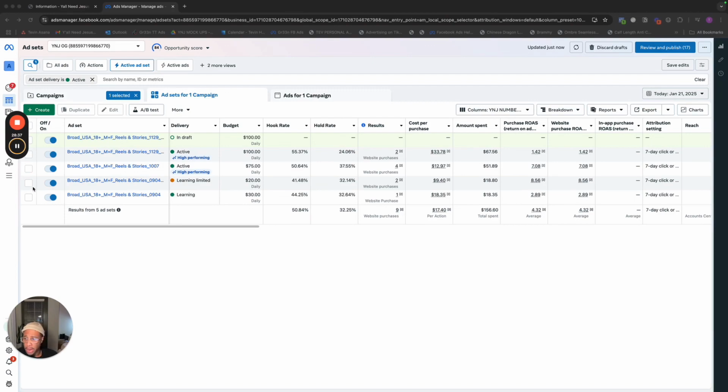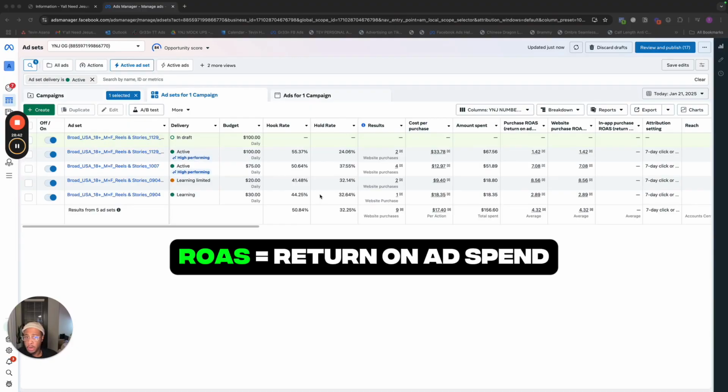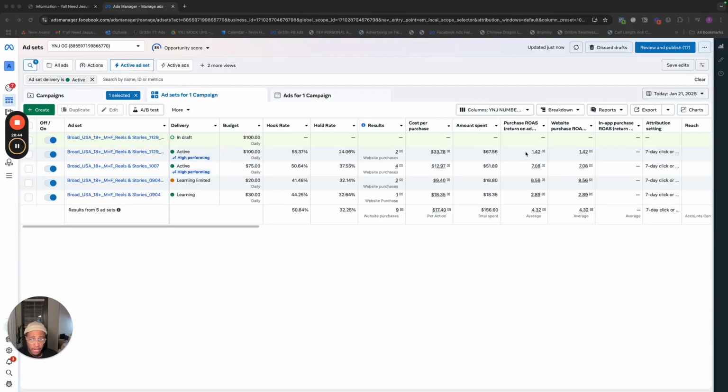So obviously I have one that's converting pretty well and I have one that's getting purchases. For every dollar I spent on this ad set, I made $7 back. That's what your ROAS is, right? So there's different ways to set it up. I'm going to show you my favorite metrics and kind of just break down a little bit about what they mean. So budget,